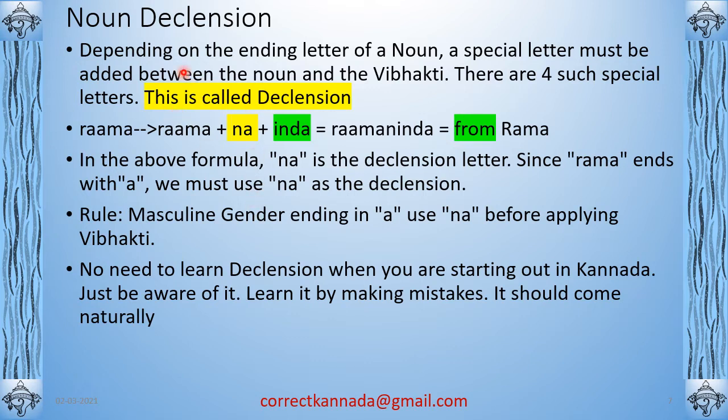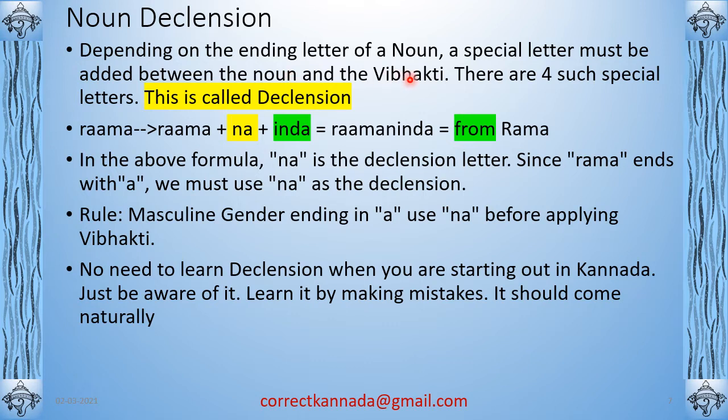Okay. The reason is this. Declension. I'll explain the concept of declension. Depending upon the ending letter of a noun. Mara ends with a. Pustaka ends with a. Then mane ends with a. Mane means house. Ends with a. So depending upon the last letter of a noun, a special letter must be added between the noun and the